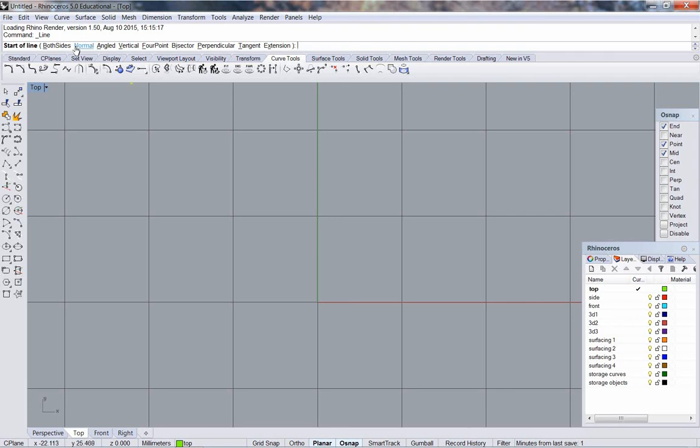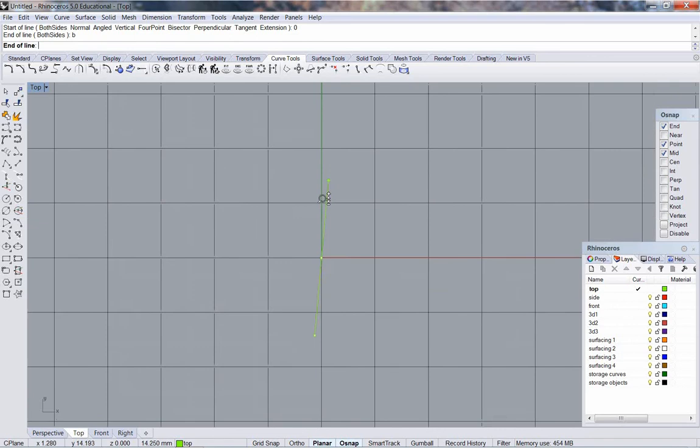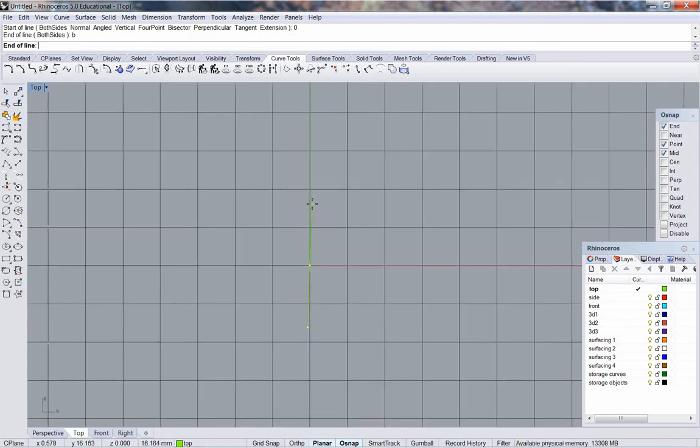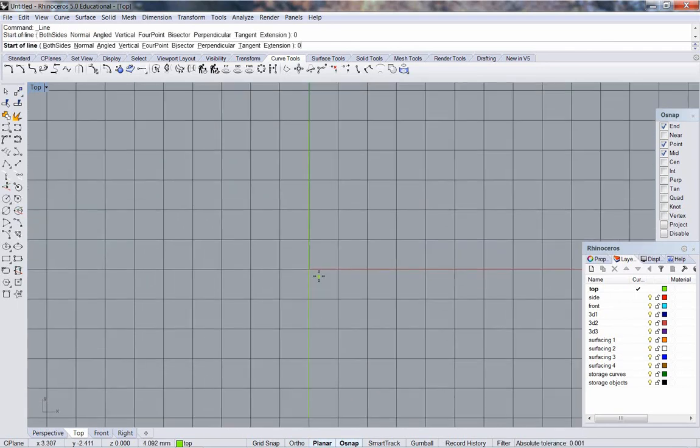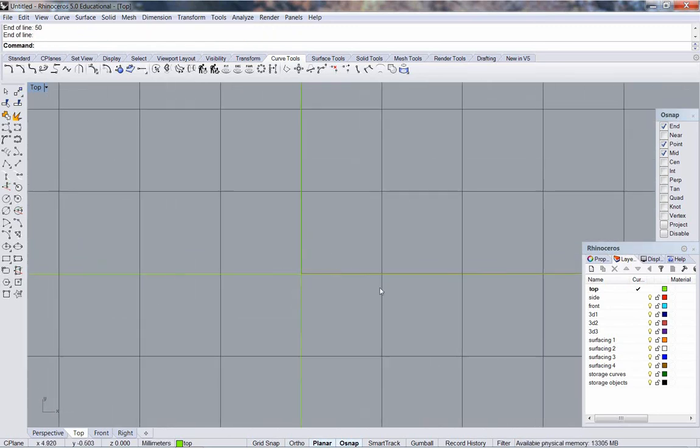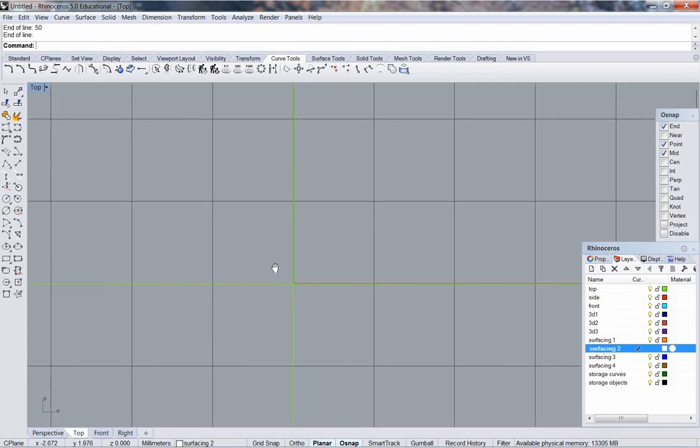So start a line, both sides, 0, enter, both sides, B, enter, and I want it 50 millimeters, so type in 50, enter, shift to lock in ortho. Repeat going in the other direction. And begin our drawing